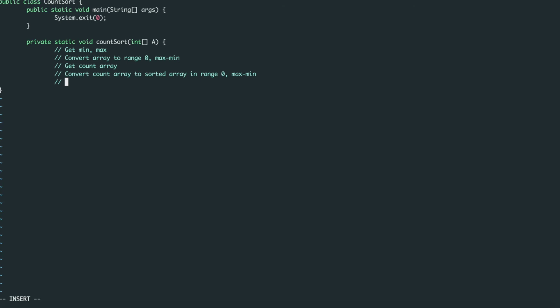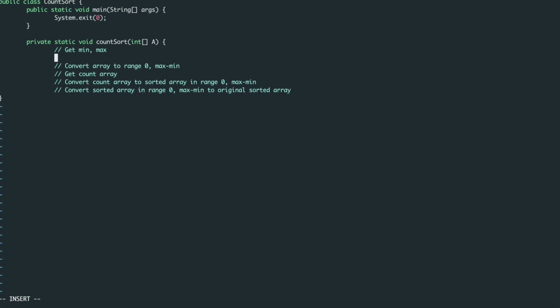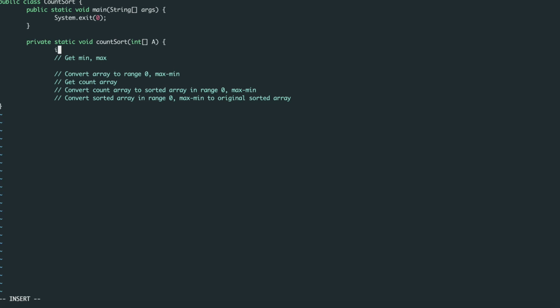And last step is convert the sorted array in range 0 to max minus min to the original sorted array. Okay, so these are the 5 steps. Now, before we start, let us take the length of the original array in a variable n.